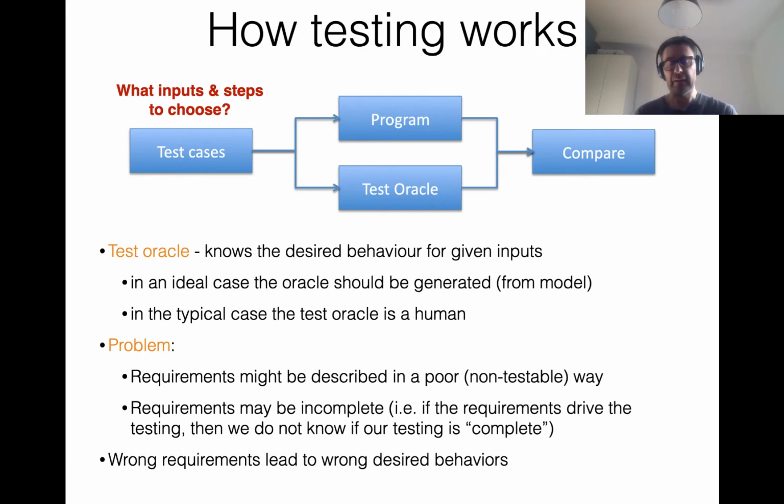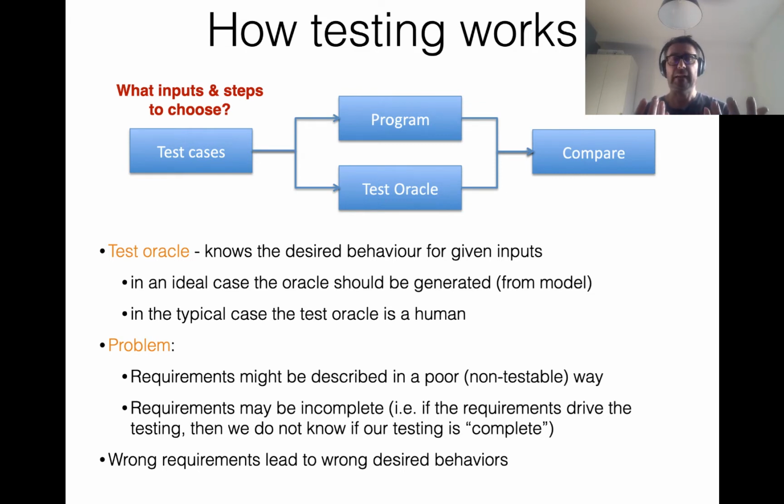In an ideal world, we would have some kind of model or specification or a complete set of examples that says what is the expected output for every input. But you can hear already, and we have discussed that before, that that's impossible, because then we could use the oracle as the program. So in practice and in the typical case, the test oracle is a human, or